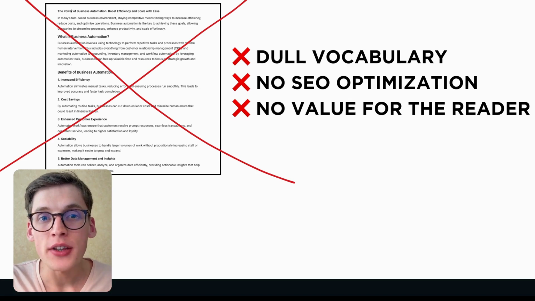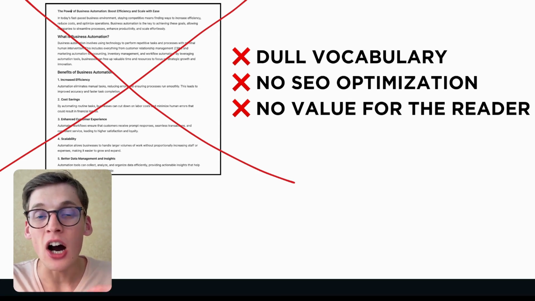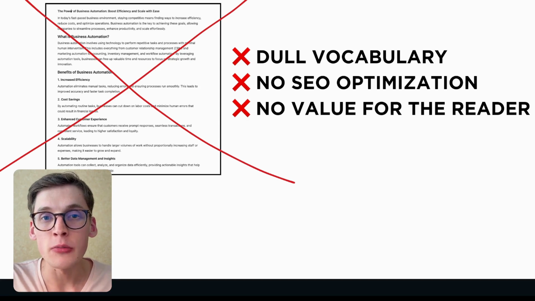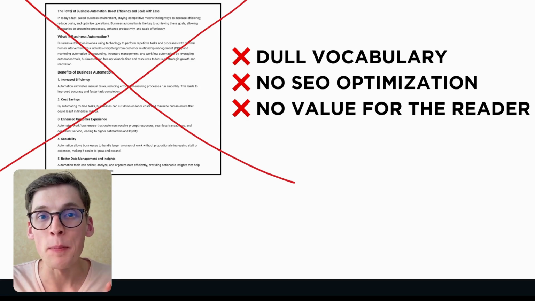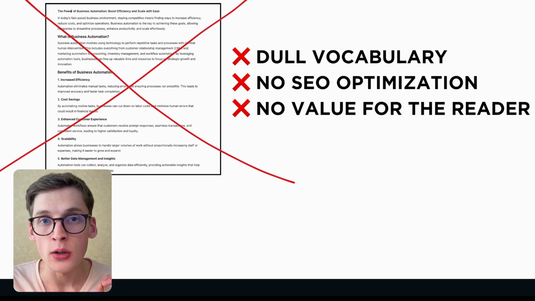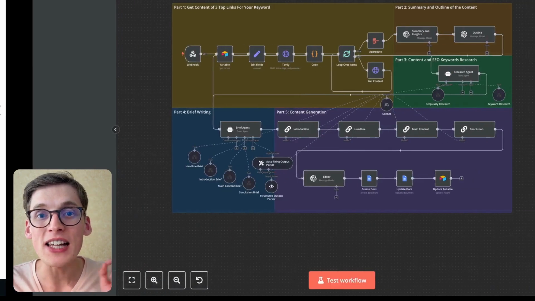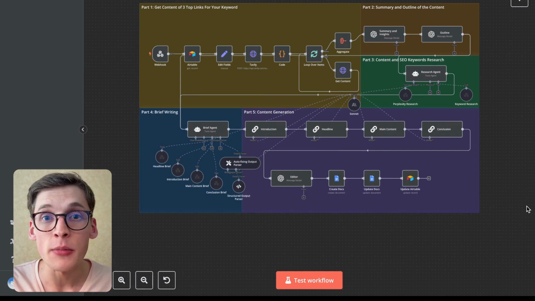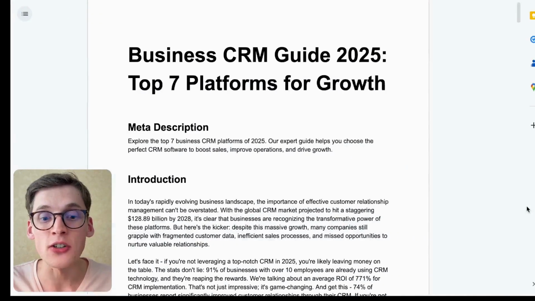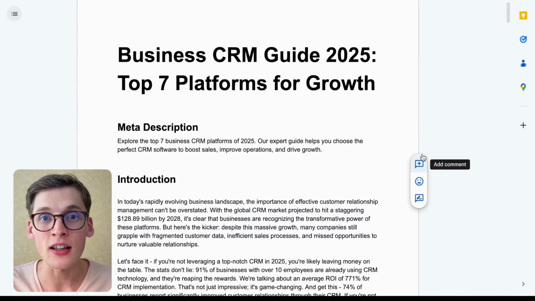Everyone is hyped about AI content systems, but let's be honest, they don't provide you with real valuable assets that you can use in your own business. No SEO optimization, dual vocabulary, and AI gibberish make this content unusable. That's why I created my own content system that tackles all these problems and consistently generates articles like these with